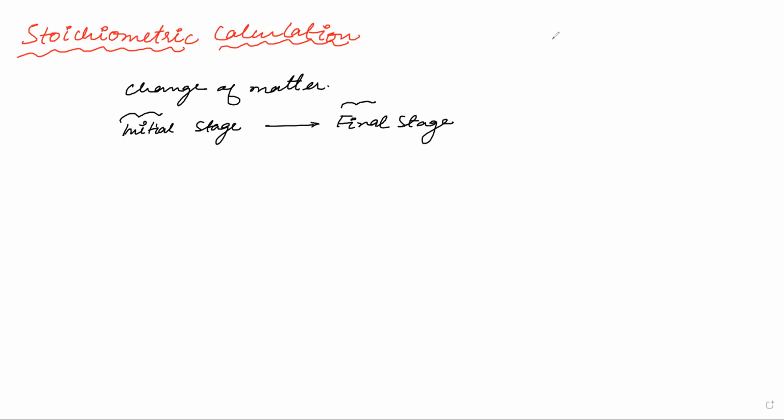There will be an initial stage whenever there is a change, and there will be a final stage. Now, there are a few things that we want to study about this initial stage. We want to study what this initial stage is. The next thing is how much. This is a very basic example of an initial state, but most of the time we have a few things in this initial state. Let us say that is A and B. And in the final stage, we have C and D.